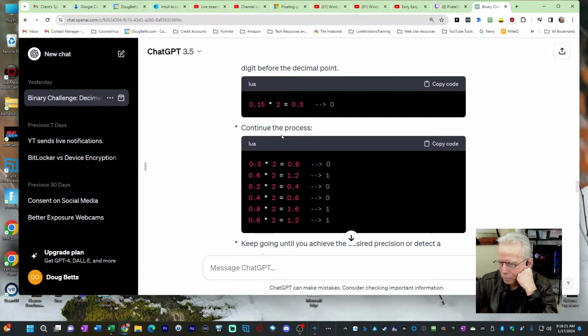You take that 0.3, multiply it by 2, because why 2? Why do we multiply by 2? Well, because in binary you only have zeros and ones. That's a total of 2 digits. And this has to do with how we store these floating point numbers in binary media. So then you get 0.6. So the next digit is 0. Then you take that 0.6 and multiply by 2. You get 1.2. And that's your next digit.